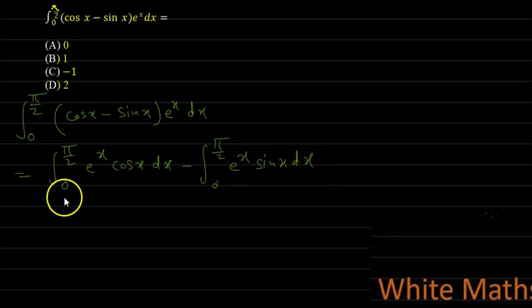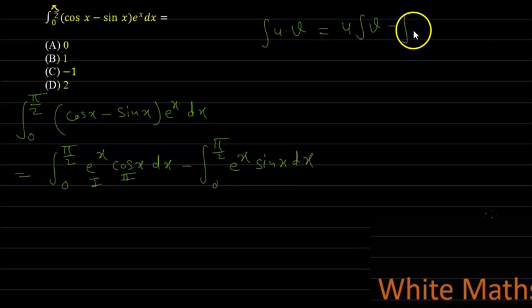To integrate this, consider this is first function and this is second function, then apply the UV rule, that is product rule of integral. If u and v are two functions, then integral of u dot v is first function as it is, integral of second function, minus integral of derivative of first function, that is u dash, and integral of second function. Applying this formula, first function as it is, that means e to the power x as it is, and integral of cos x is sin x, and limit is